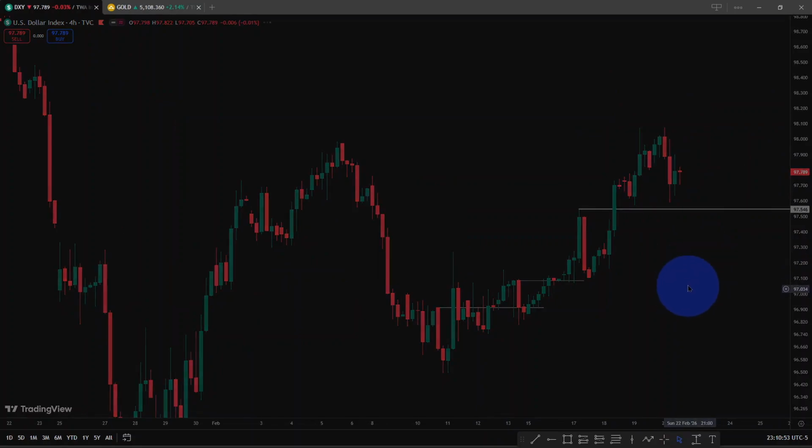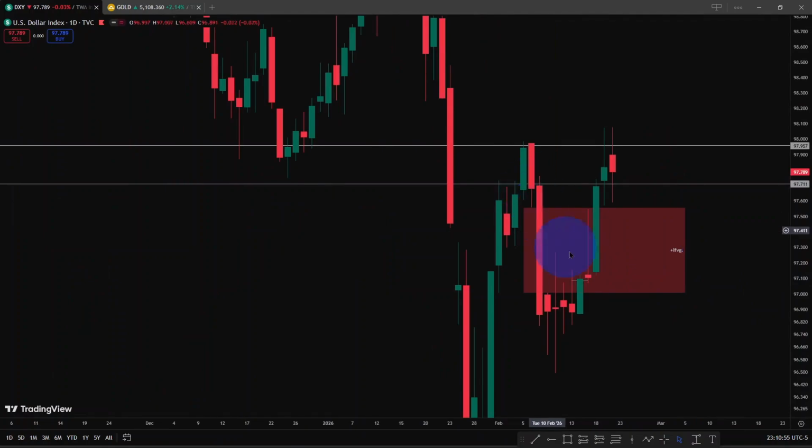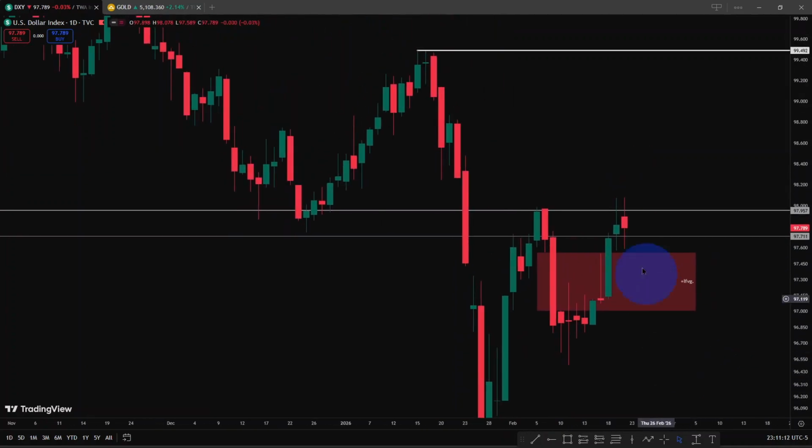I was trying to say something on the daily time frame: currently this is the only level we have here on the daily chart. We have this inversion gap. You can see this fair value gap here, previously it's now a bullish inversion gap, and we have this down candle, this order block. So I'm thinking we could see the market return into this